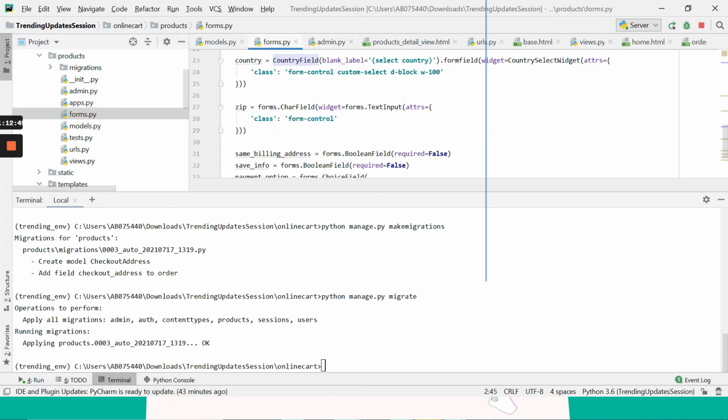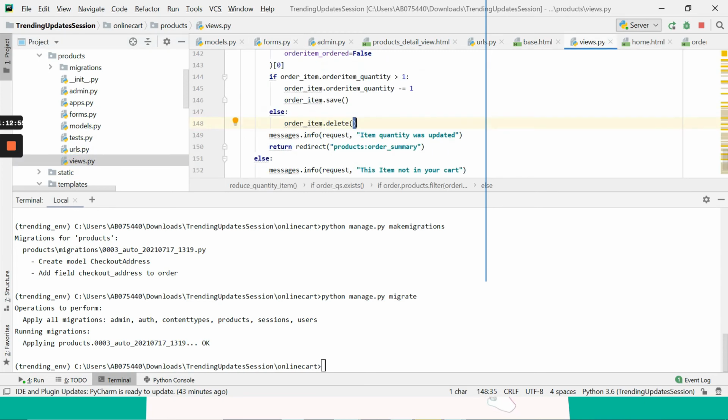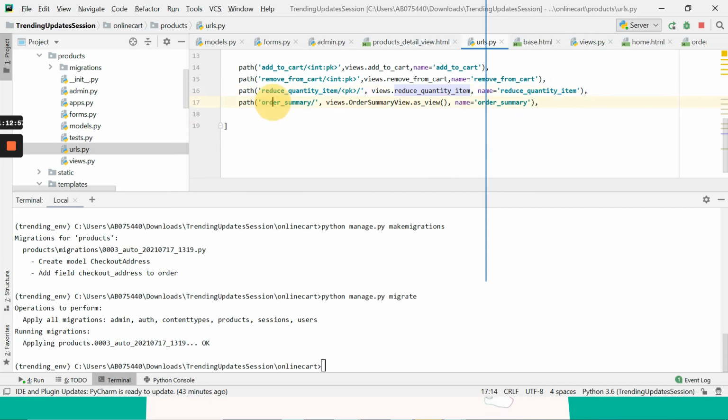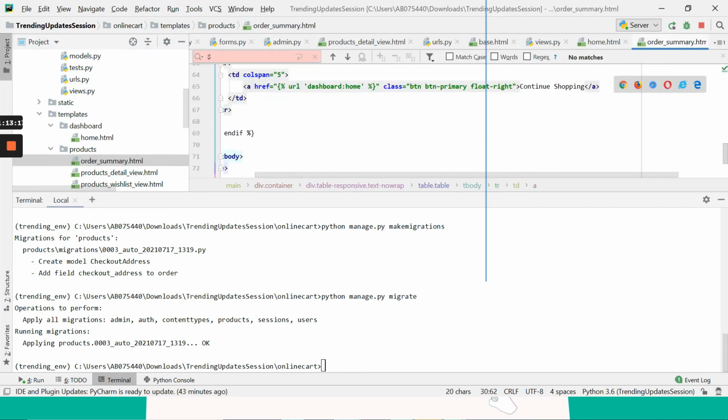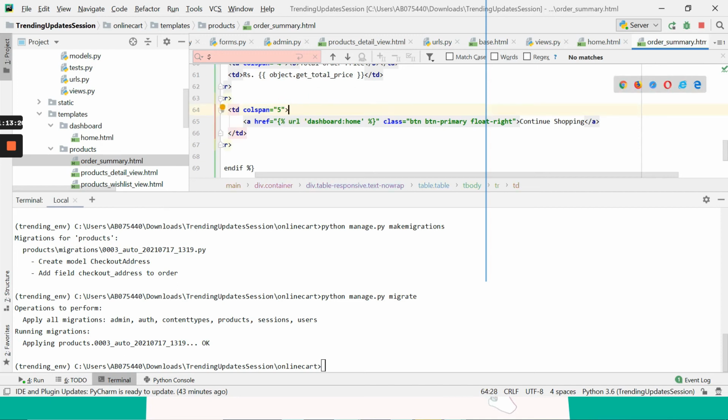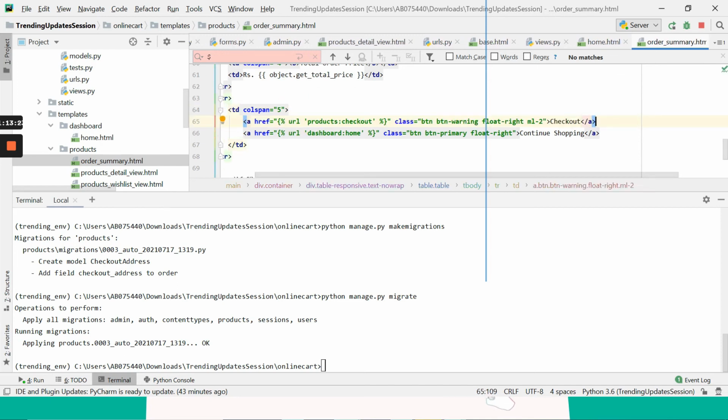Okay, this form has to be displayed somewhere. To display the form, we need to have view code in place, and from the URL section, first we need to have the checkout option. So before that, from where should it be called? It should be called from your order_summary.html file, wherein you have the continue shopping code. Inside the call span, you can mention it over here. Okay, checkout. It is calling checkout from the products.